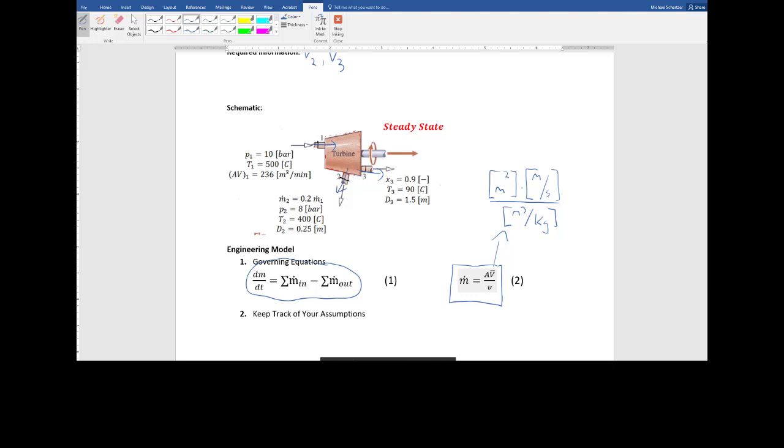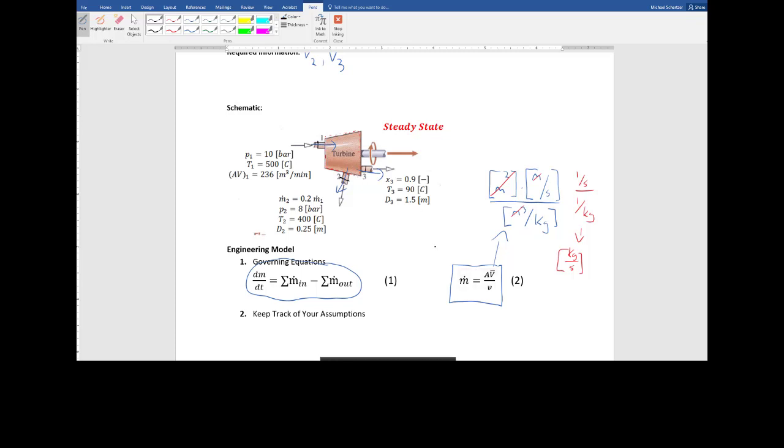I'm not sure. Right? So you can always go through and check the units and see if it would make sense. So here, if I multiply meters squared by meters, I get meters cubed in the numerator, but I also have meters cubed in the numerator of the denominator. So this is 1 over seconds divided by 1 over kilograms. But if I have something in the denominator of the denominator, I can put it up into the numerator. So this becomes kilograms per second. So hopefully that increases your confidence that this particular equation is reasonable to try to find the mass flow rate.